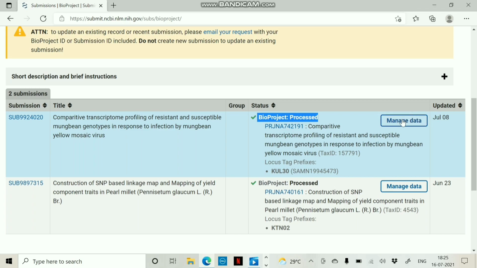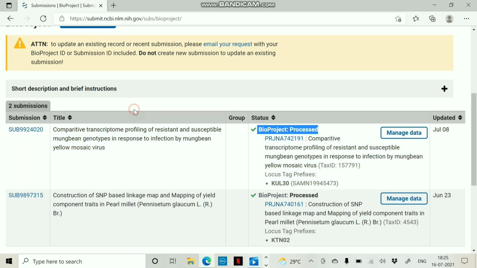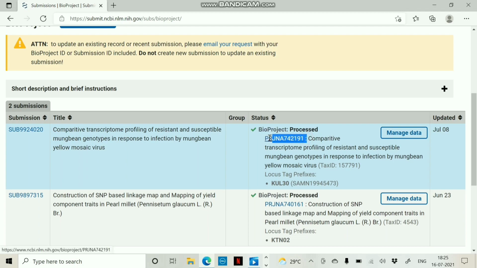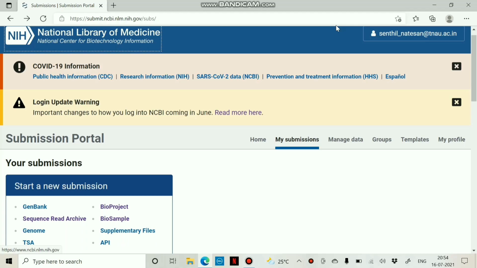We can even manage our data. If you have any updates, if you need to change the titles, we can do it through this. Once the BioProject has been processed, we'll get a BioProject ID, and this ID can be provided during the submission of SRA. Now, proceeding with the BioSample submission, go back to the submission portal, enter the BioSample,